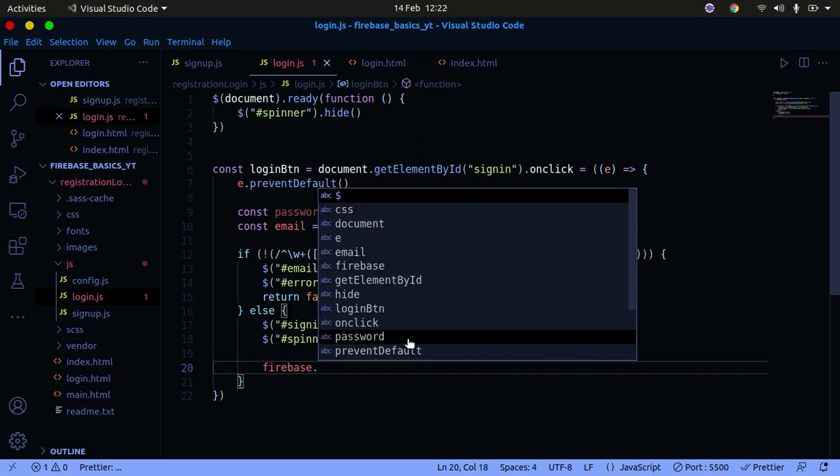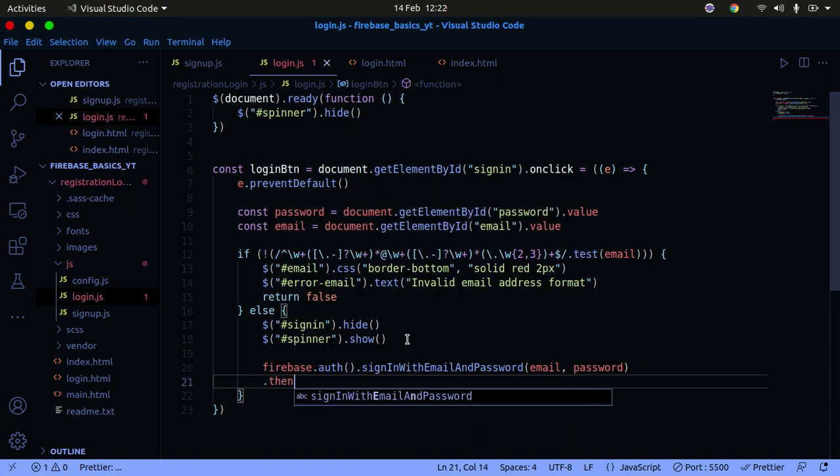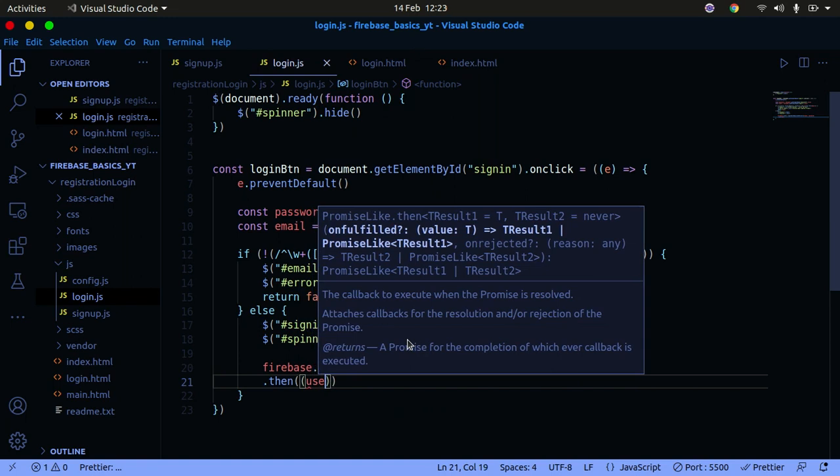Firebase auth, this is a function, sign in with email and password. So we're going to sign in with email, and in here we're going to take in the following. You're going to take in an email and password, just like that. So we're going to take in an email and a password, and then you're going to get a promise back. So I'm going to say then, and in here I'm going to say user